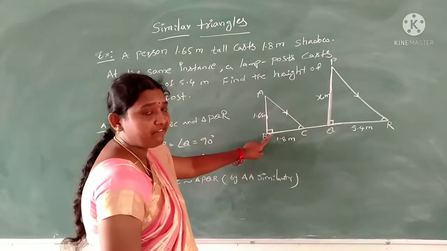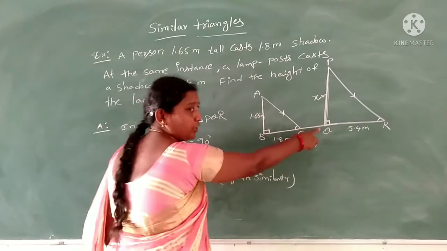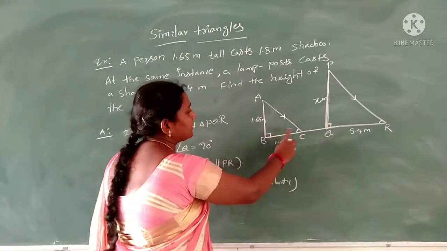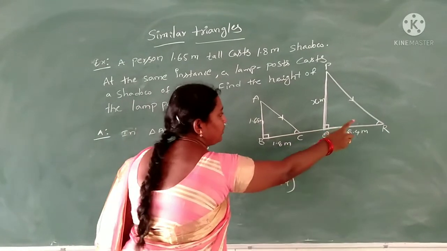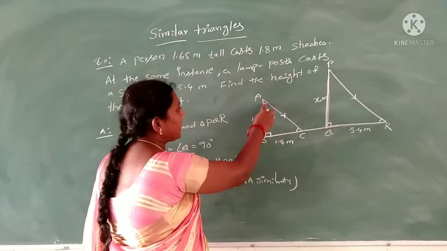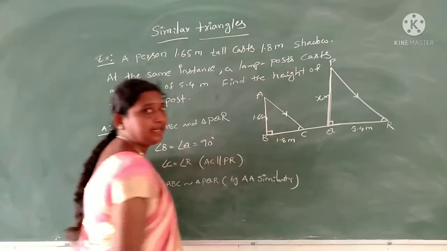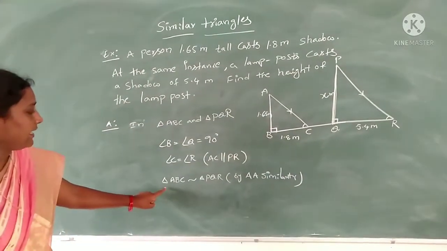Angle B is 90 degrees and angle Q is 90 degrees, and angle C equals angle R, so the remaining angle A equals angle P. So, triangle ABC